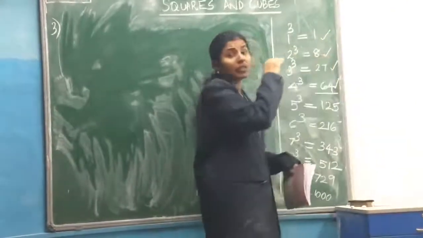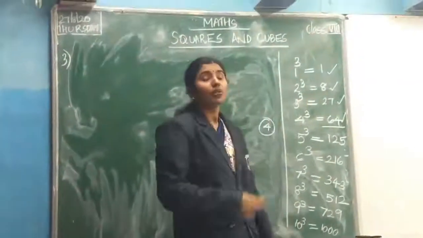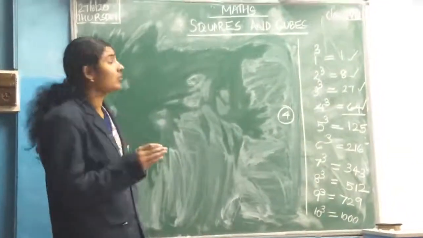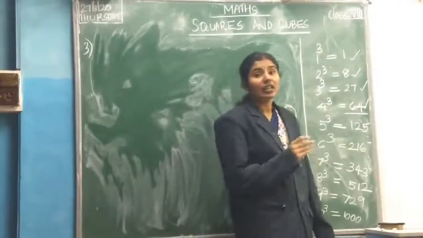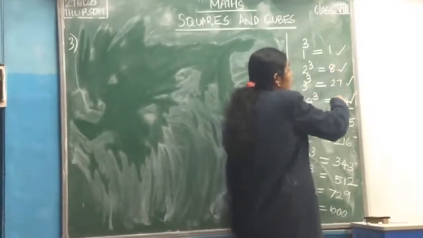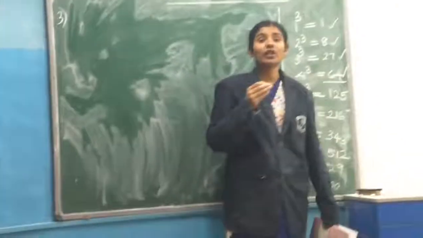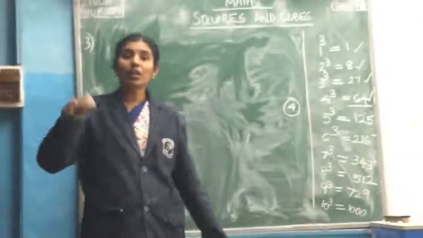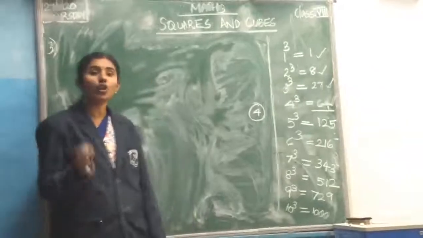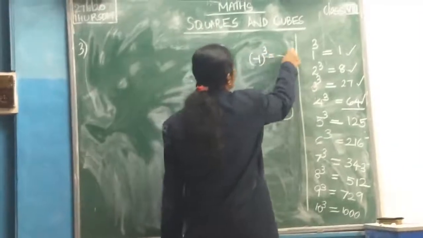The cubes from 1 to 100 are total how many cubes? 4 cubes. There will be 4 cubes from 1 to 100. Can you understand? See here, from 1 to 100, which are the cubes? 1, 8, 27, 64. Why are we not taking 125? Because we need the cubes from 1 to 100 only. Below 100 only. We don't need above 100. So, total how many cubes are there? 4 cubes. Similarly, for negative numbers, minus 1 cube also.